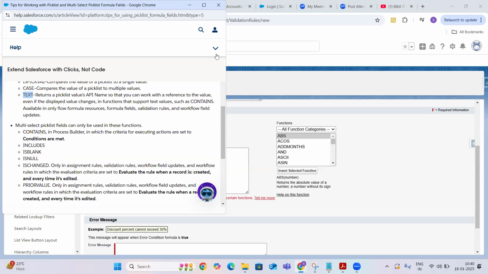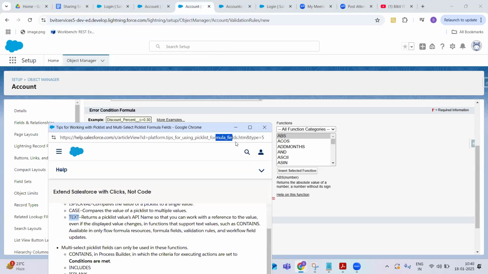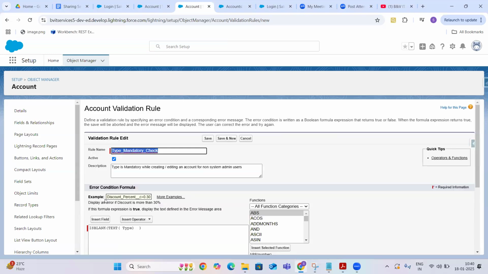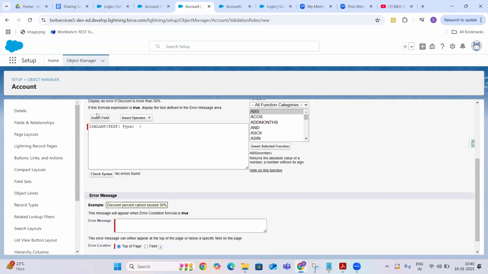So now what I can do is, first I'm going to write a function of text type. Okay. So text of type will return me a value of type. After that, I am checking whether that is blank or not.